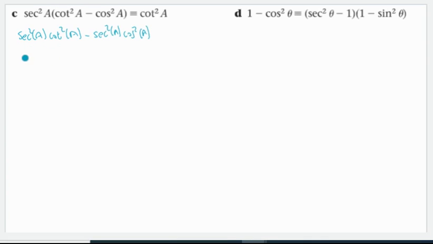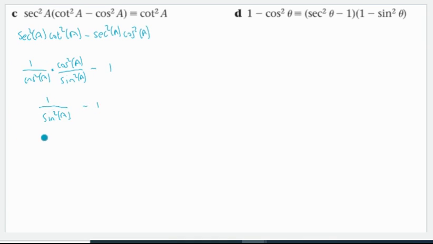Right, sec squared a times cot squared a. Well, first of all, sec squared a is 1 over cos squared a. And then cot squared a I'm going to write as cos squared a over sine squared a. Okay, minus, and then here I've got sec squared times cos squared. Well, sec squared is 1 over cos squared, therefore sec squared a times cos squared a is just going to be 1. Now, on this side, I've got cos squared and cos squared, which cancel. So I'm left with 1 over sine squared a